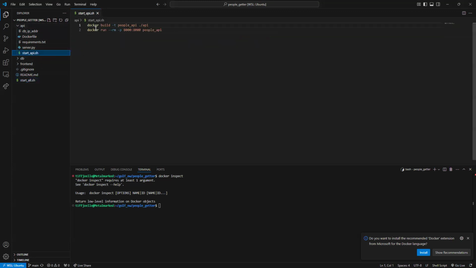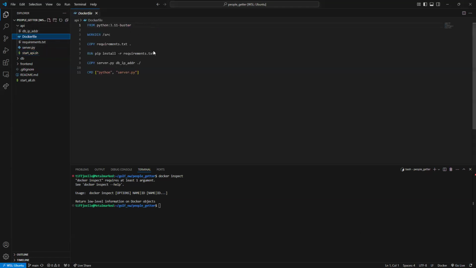That's within here. Looks like it's another Docker image. So here we're going to run a Docker build and a Docker run. It's looking for this Docker file here within this API folder because of this right here. And we can see that in this Docker file, it's a Python image that we're starting with. And we are setting up our working directory. We're putting our